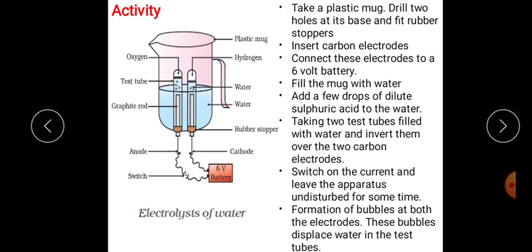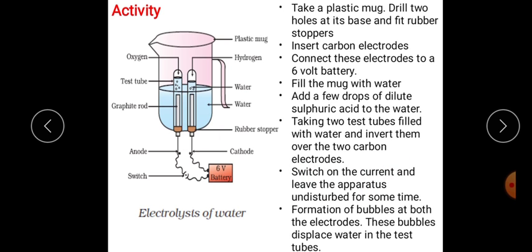Take a plastic mug. Drill two holes, which are used to insert rubber stoppers and carbon electrodes. Connect these electrodes with a 6-volt battery. Fill the mug with water and add a few drops of dilute sulfuric acid. Then take two tubes, keep them inverted and filled with water over the electrodes, switch on the current and leave the apparatus